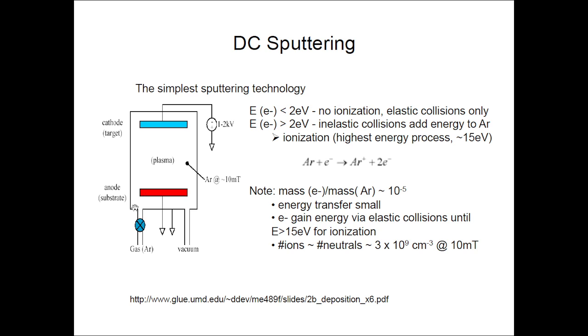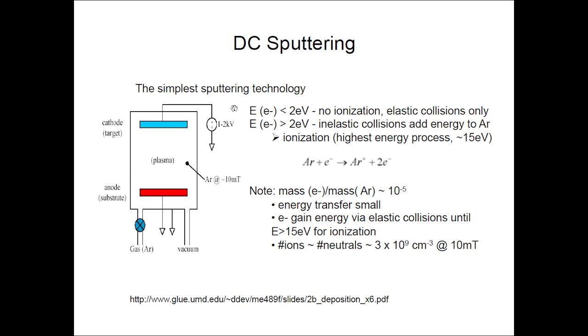Here you can see that we will have the anode as a substrate and the cathode as a target, and we can use 1 to 2 kilovolt, or you can go down to 800 volt also. 1 to 2 kilovolt you can utilize here, and you can introduce the argon gas. So the voltage that you will be applying across the cathode, the target, and the substrate will be